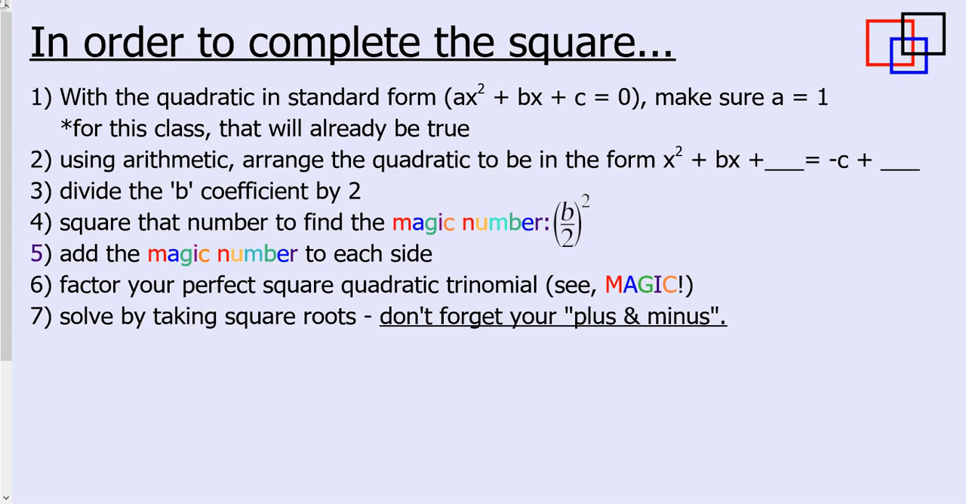Just remember, in order to solve by completing the square, we've got to make sure that we're talking about something in standard form. We want to rearrange it so it's in the form x squared plus bx plus our magic number equals whatever that value of c was after it got subtracted, or maybe added over, plus your magic number. Then we find the magic number that completes the square by taking b, dividing it by 2, and then squaring it. That allows us to express this quadratic trinomial as a perfect square factorization, and then we can solve by taking square roots. So it seems like it's a lot, it kind of is, but I believe in